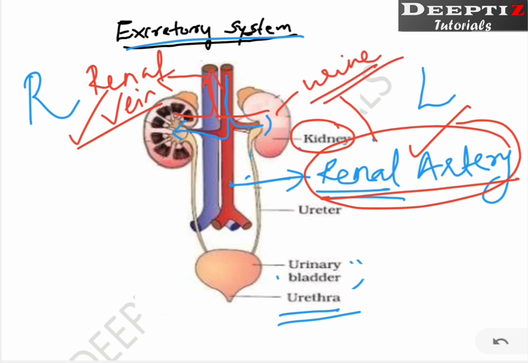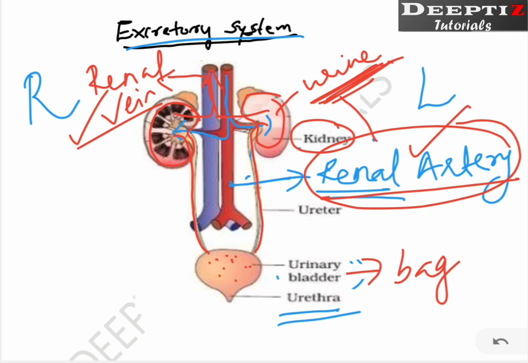After that is a big process. Just as a basic you understand: blood comes to both the kidneys. From the blood, urine is formed. Who makes the urine from the blood? That is actually this pair of kidneys. Now this urine travels through this ureter. Ureter is actually a narrow tube which arises from each kidney and connects to a bag-like structure, we call it urinary bladder. Now in this urinary bladder there will be urine.